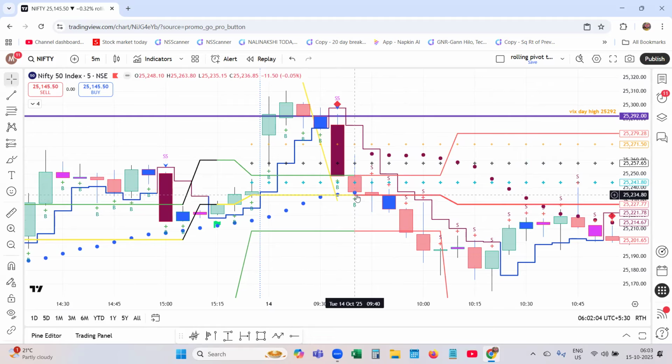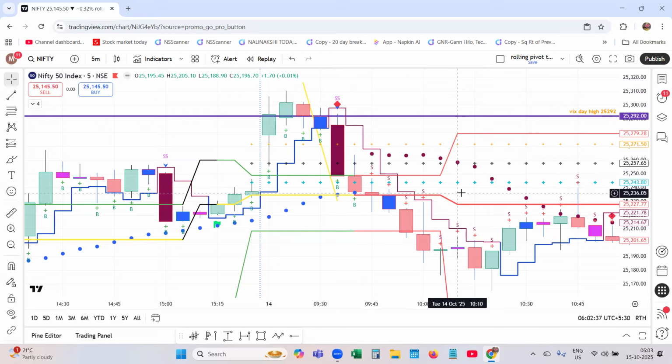Because a buy signal has been generated, price is above the pivot, it has not lost its balance. Only here will it lose its balance. So by this time, if you are an option trader, you would have lost money. That is the problem. So to avoid this and to enhance my rolling pivot still further, I released another combination